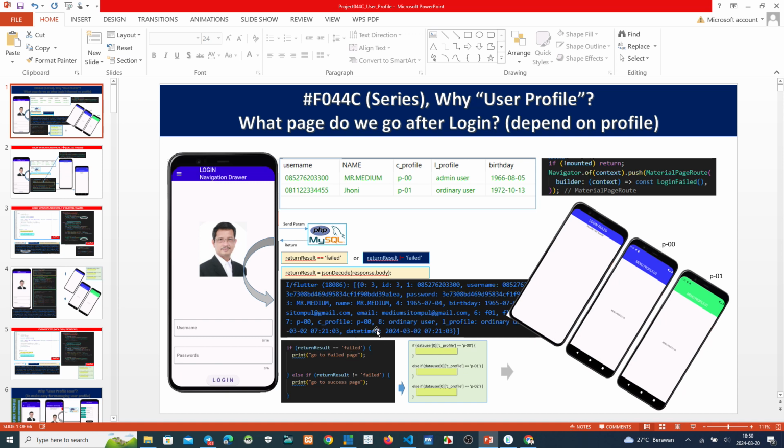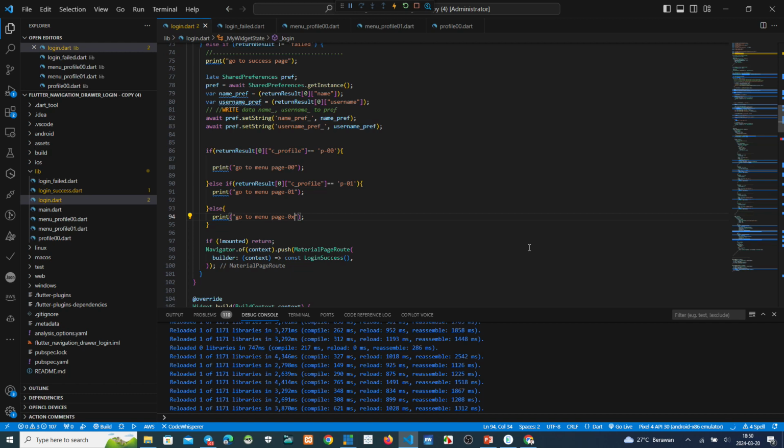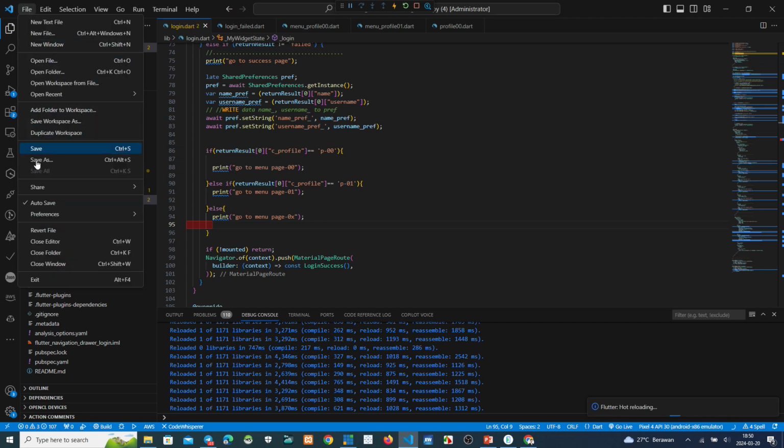This one, go after login, go to menu page 00, if your C profile P00, but if your login has P01, you will go to this page. Okay? Now we continue. Okay, we try this.